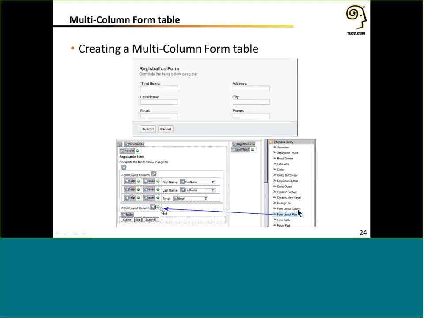Essentially you'll start with your form table control, and then you'll add column controls, and then you put the rows inside of the columns. This gives you the structure to set up however many columns you need on your form, and it handles the spacing in the layout for you. So it's a quick way to get a form set up with multiple columns without having to worry about setting up your own tables and managing the spacing.